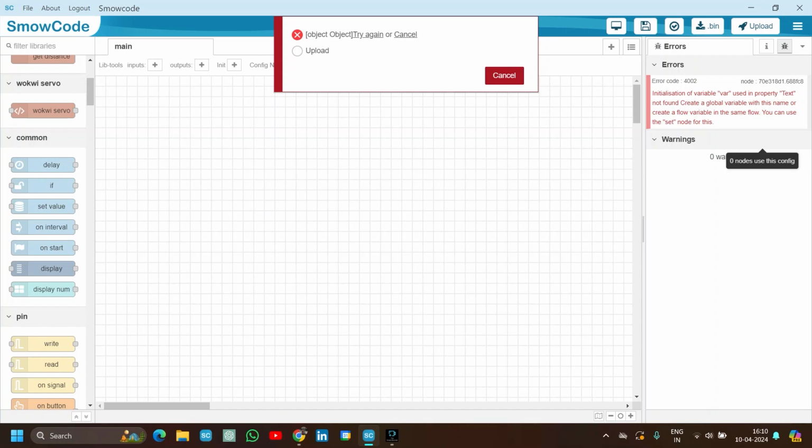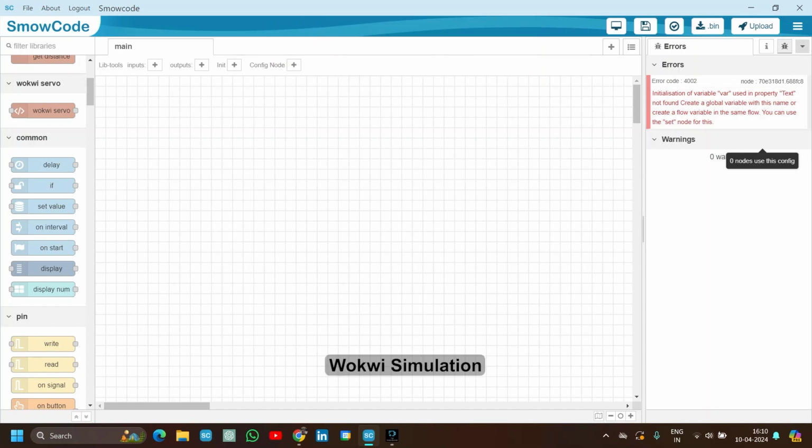Now, what if you don't have hardware for making a project? What if you have to make it online on a simulator without hardware? For that, we have Wokwi Simulator. You don't have to buy any hardware. You just have to code it online. It's that simple. So for that, you just have to open any project, like a Blinky project, for example, and just